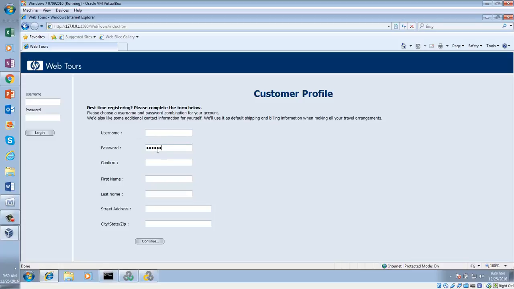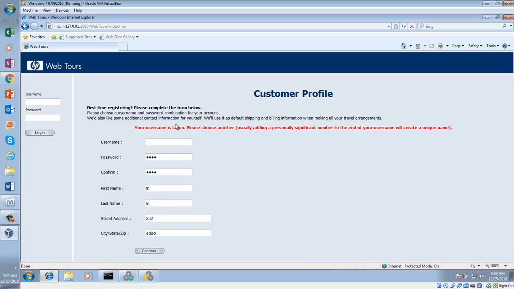Let me put a password, 1111. Continue. So still we are getting username is taken, right? Even if it is empty, we are still getting username is taken.